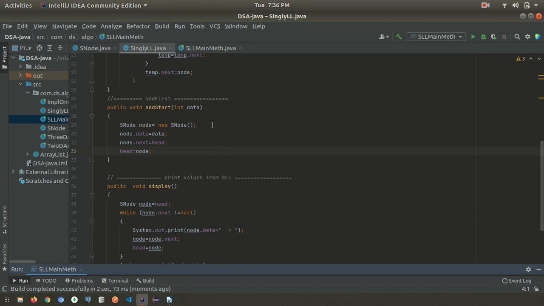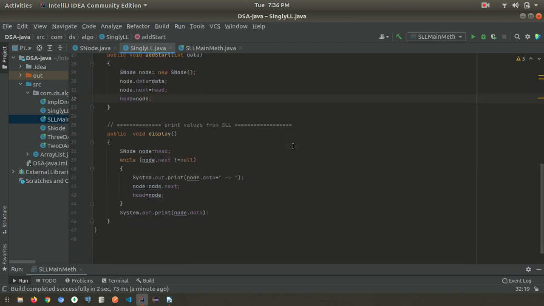Okay, once this new node is created, we are going to store this data to this node, and the head reference we are going to store in node dot next, and every time the head reference is going to change to this new node, and this data is getting stored before the head node.